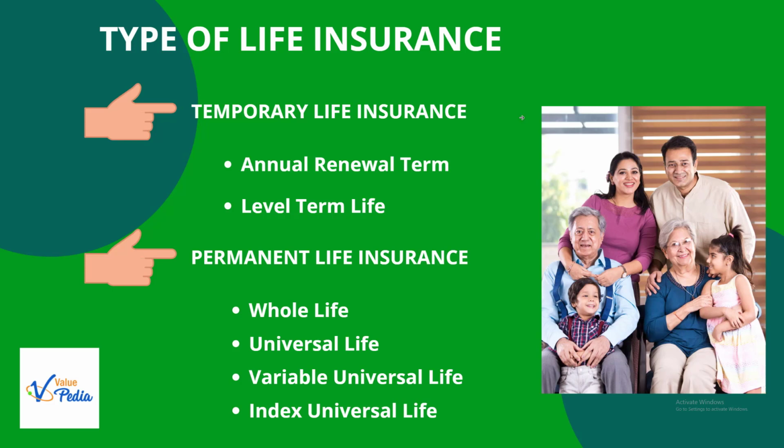So they have a few kinds: whole life, universal life, variable universal life, and index universal life. Permanent life insurance is a cash value policy, whereby you have a cost of insurance and you also have cash built in it. In a permanent life insurance, you put slightly more into your policy because there is a savings component in it. Between whole life, universal, variable, and index, the difference is the way the interest is credited